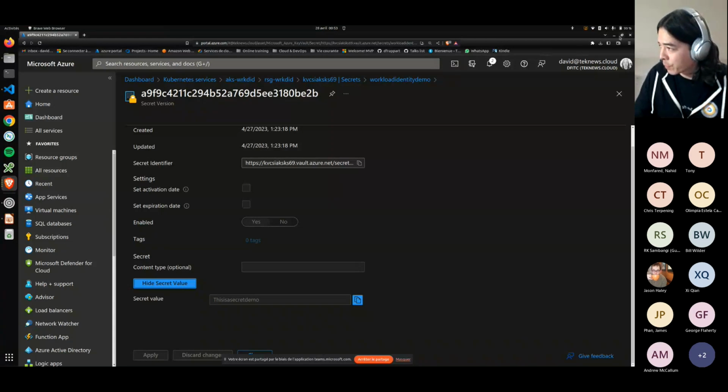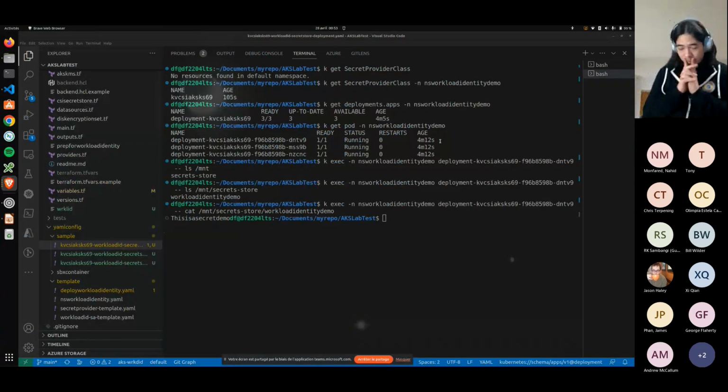Okay, so that means that definitely with workload identity, I can federate a managed identity or service principal in Azure AD so that I can use them to grant access to workload in Kubernetes and be granular. The first example being what I show you, which is